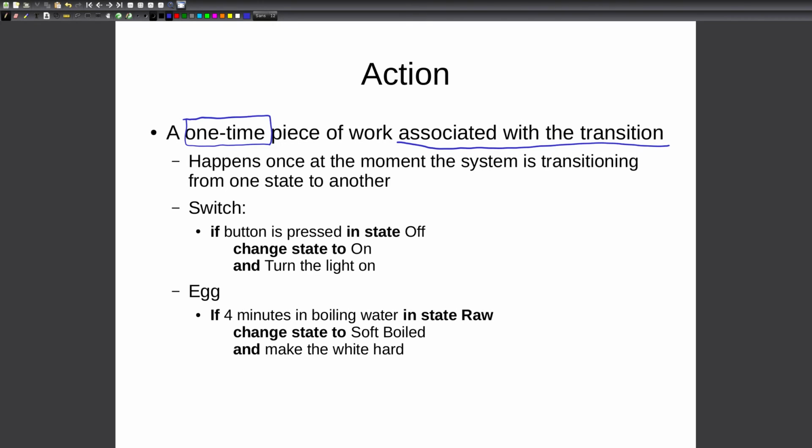So this activity happens only once, exactly at the moment when the system is transitioning from one state to the other one. So for example, for the switch, if the button is pressed in state off, change state to on and turn the light on. So the action here is to turn the light on, and this action happens exactly at the moment when you flip the switch. So it's associated with the